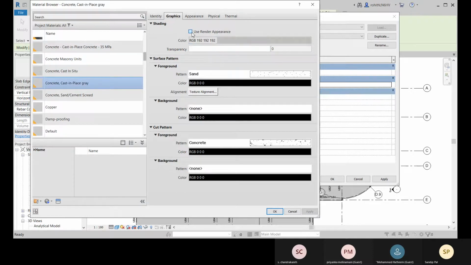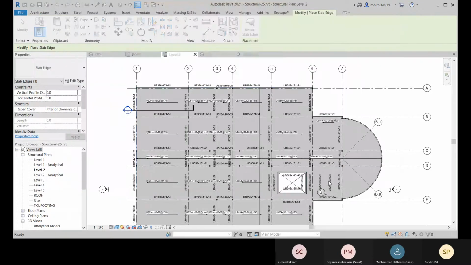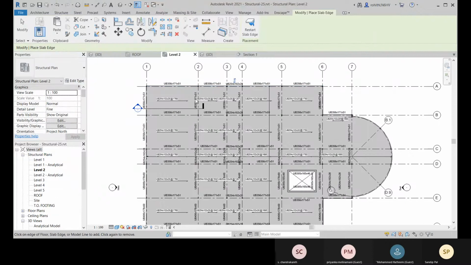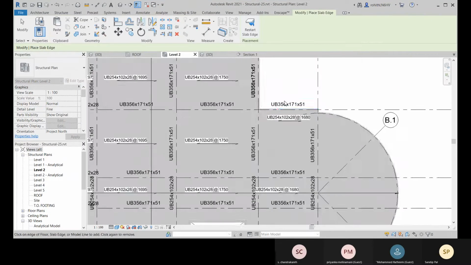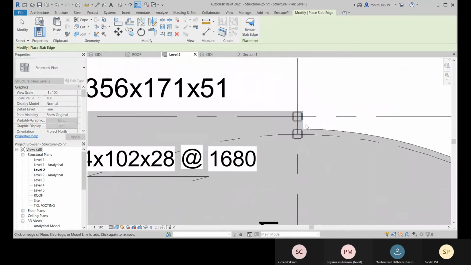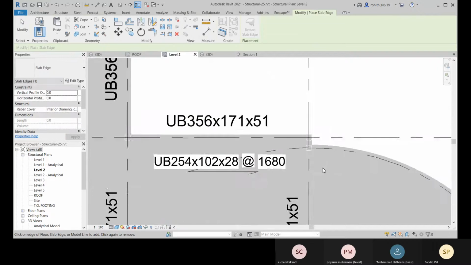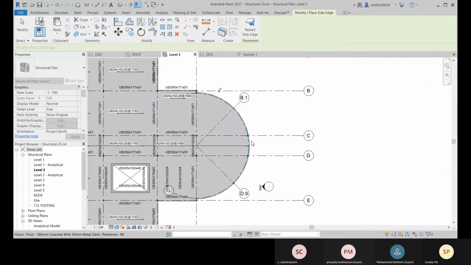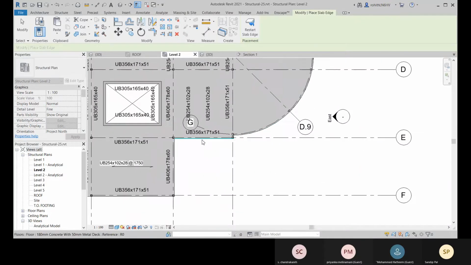And about the material, go for concrete. That one we had selected earlier, and we're done. Now let's go for this, and this one, this one, this. Okay, that cannot be possible. So let's go this, this, this, this, this, this.